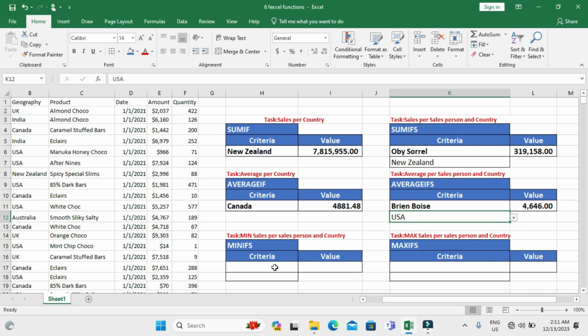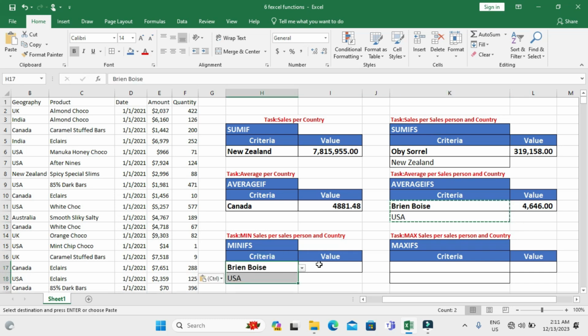Okay, so now let's talk about MINIFS. So MINIFS also gives the minimum sales per salesperson. So I'll just make a copy of this, and country. So MINIFS also allows us to calculate the minimum sales of a salesperson and a country. That's based on 2 or more criteria. So under value, I'll type equal to